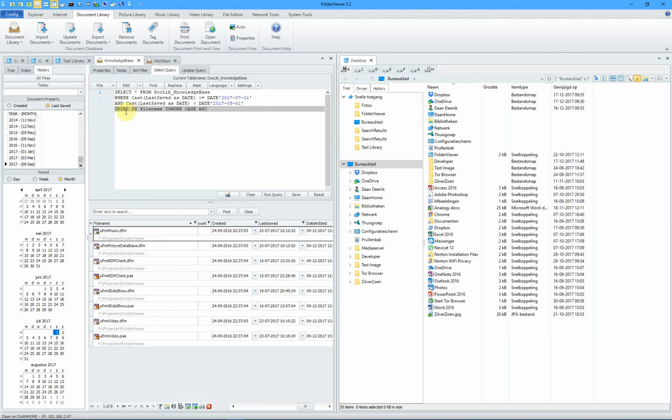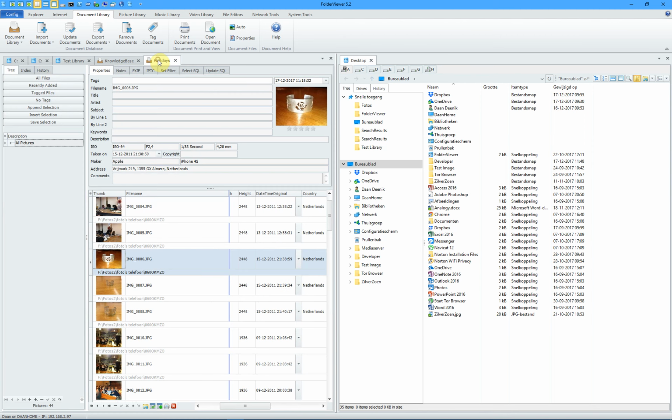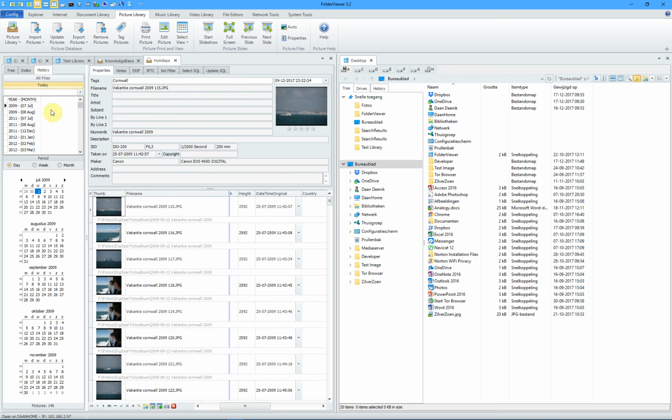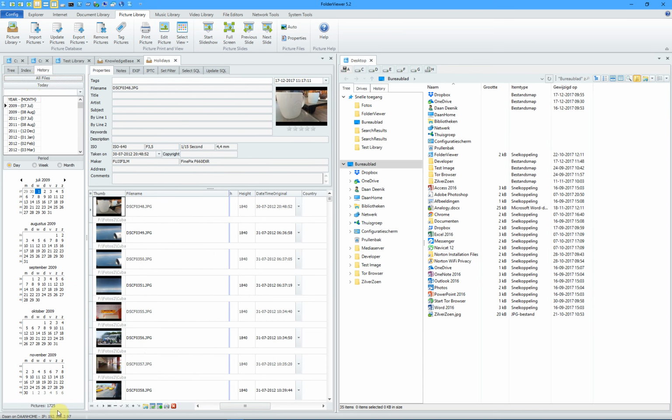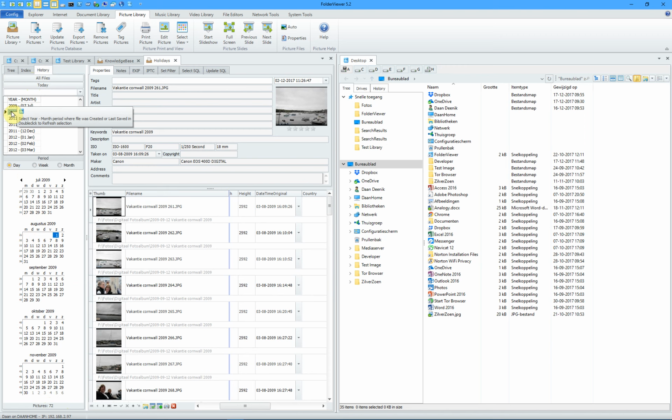Okay, we have added the same functionality to the picture library. So you see here the tree and the index, they were already in the previous version of FolderViewer, and you will see here again the history. If you click on all files, there are 1725 pictures already in the library, and when you walk through, the queries are generated,